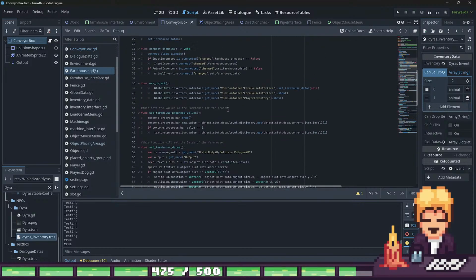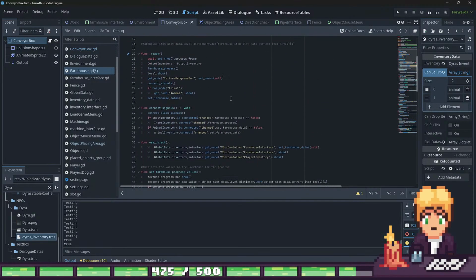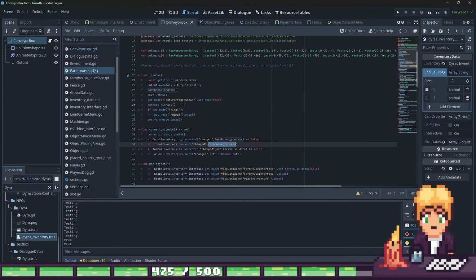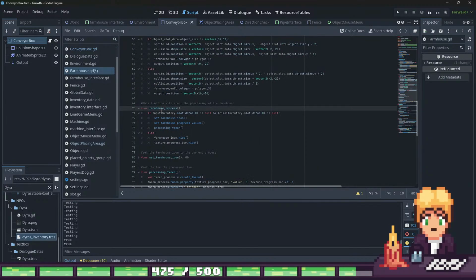So whenever I change one of those inventories, like this one, I will start farmhouse process. Where's farmhouse process? It's here, this one. And then it will check this or this. And if both are there,